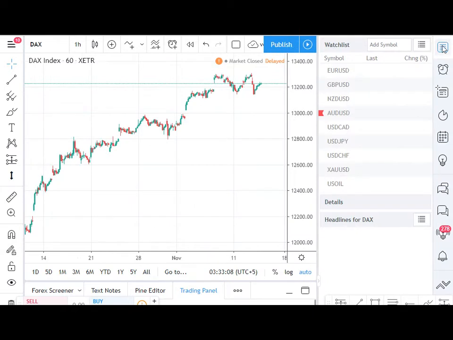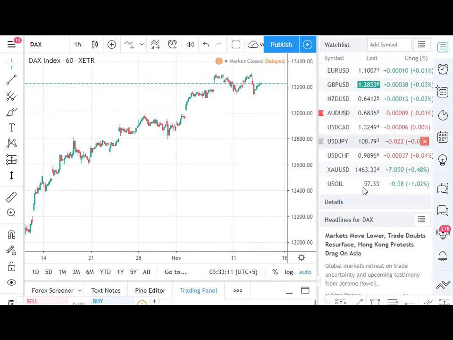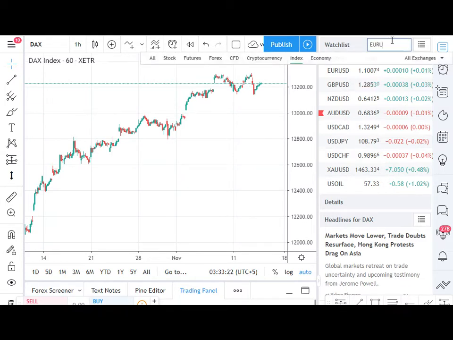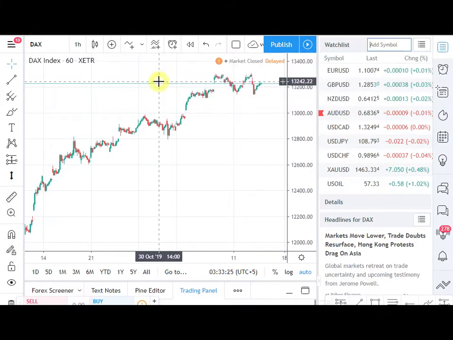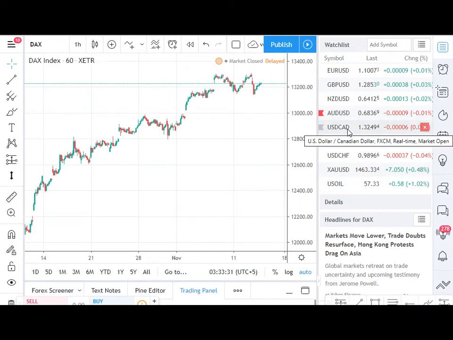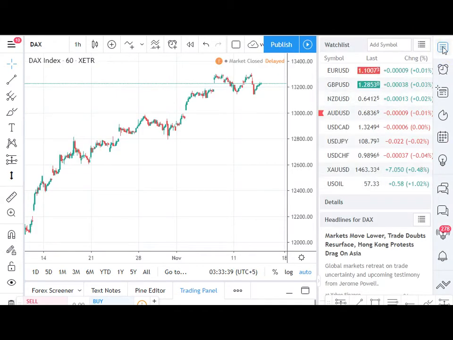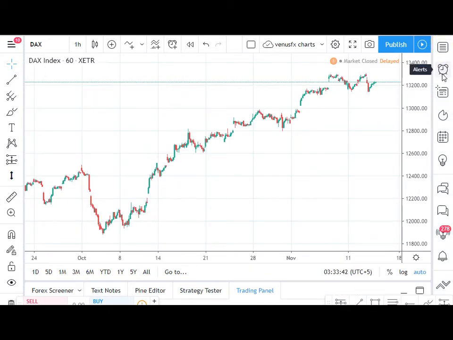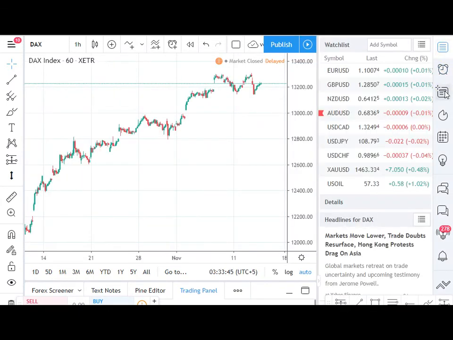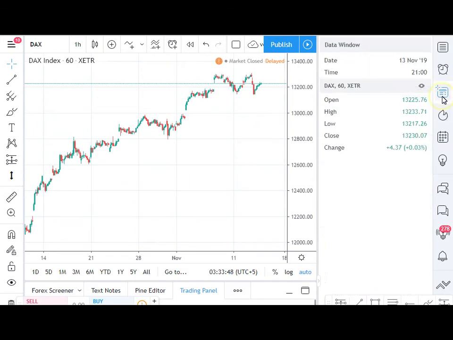And if you click on these horizontal lines, this window will come up where it will be showing your watch list. Now what is a watch list? Whichever pair you are following, you can simply add the specific pair. Let's say you are following Euro USD, so you can add Euro USD to your watch list, so whenever you open the TradingView platform, you simply go to the watch list and select that specific pair, so it will automatically get opened. Okay, these are the alerts you have set,